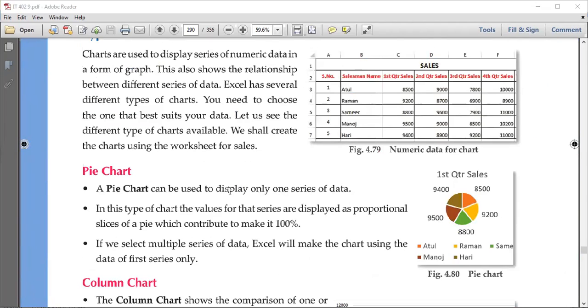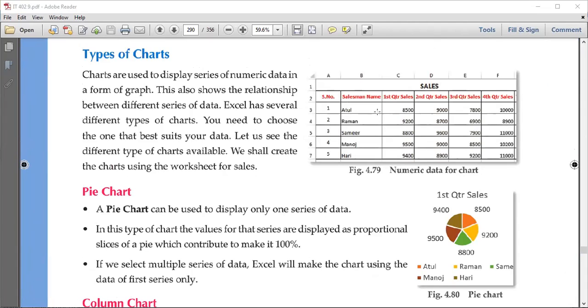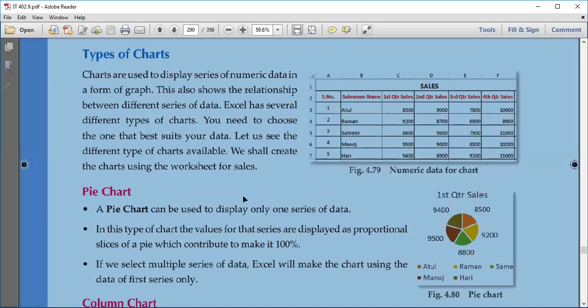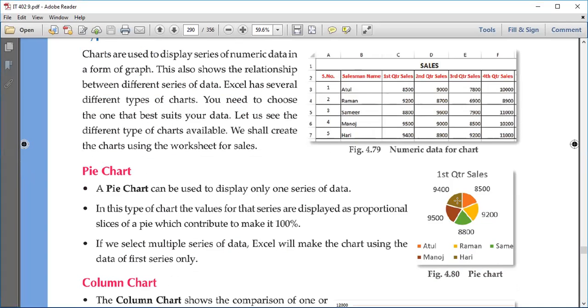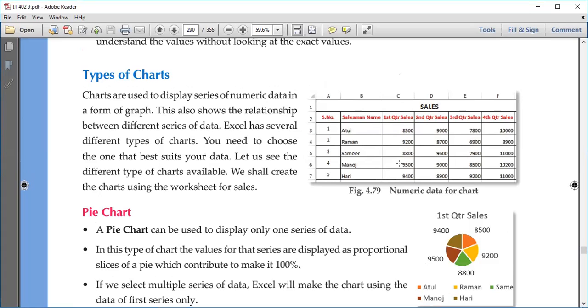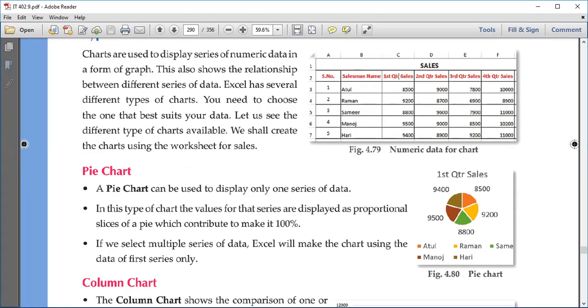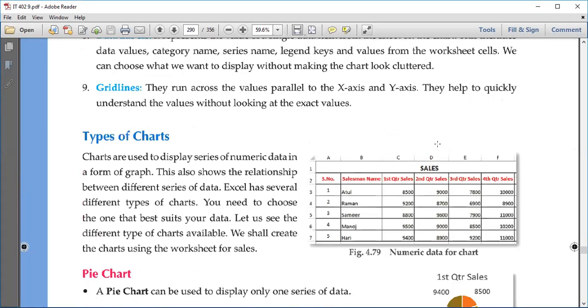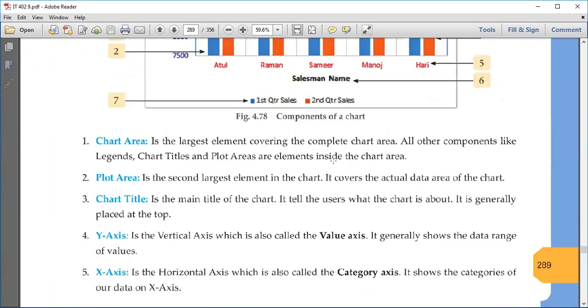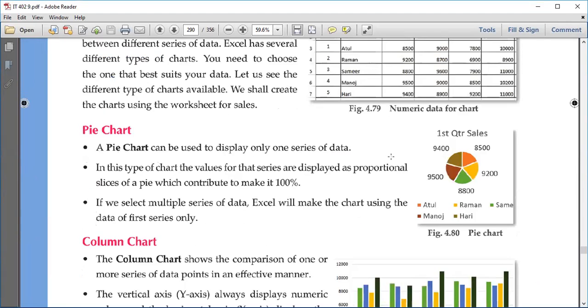Then we have different types of charts. Types of charts में एक pie chart है. A pie chart is basically used where we want to show details of one particular series. This is the disadvantage of using a pie chart, that it shows the details of one particular data series only. लाइक फर्स्ट क्वार्टर सेल का एक पाई चार्ट बनेगा। आप अगर बोलोगे चारों क्वार्टर सेल्स एक साथ दिखा दो पाई चार्ट पे, that is not possible in pie charts. For that we have to prefer the column chart only, right, or some other format.